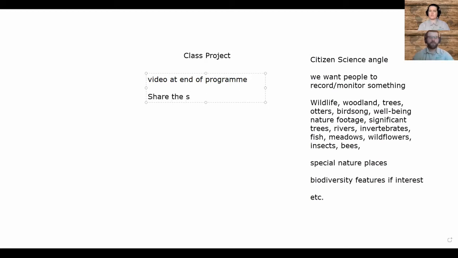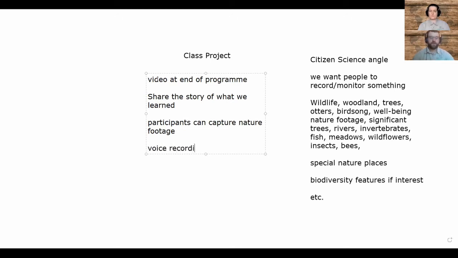It's a really good way to share the story. And it doesn't just have to be video content. Somebody could do a voice recording, couldn't they? Yep, a voice recording of how they're finding the project, something that they've spotted, something that they've learned.